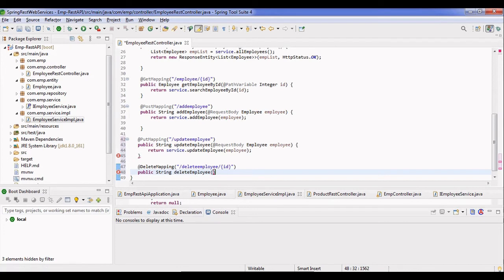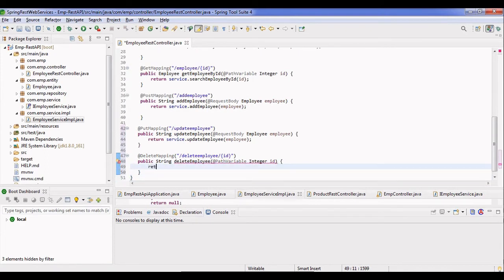So let's use it: @PathVariable Integer id.